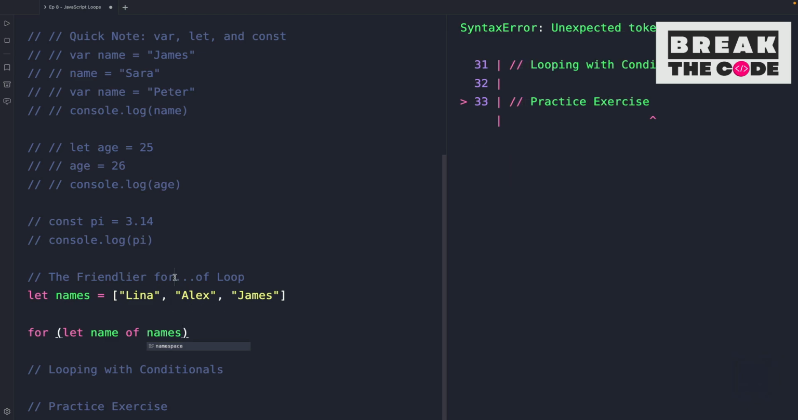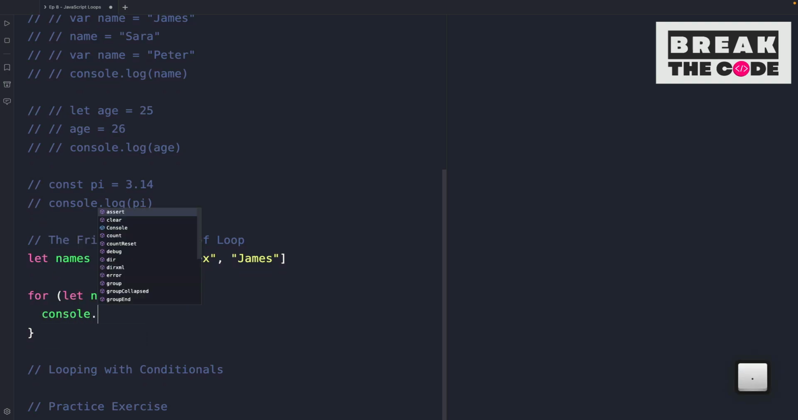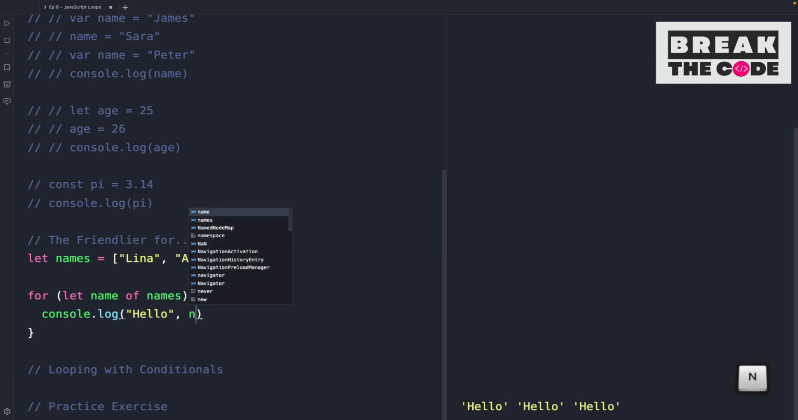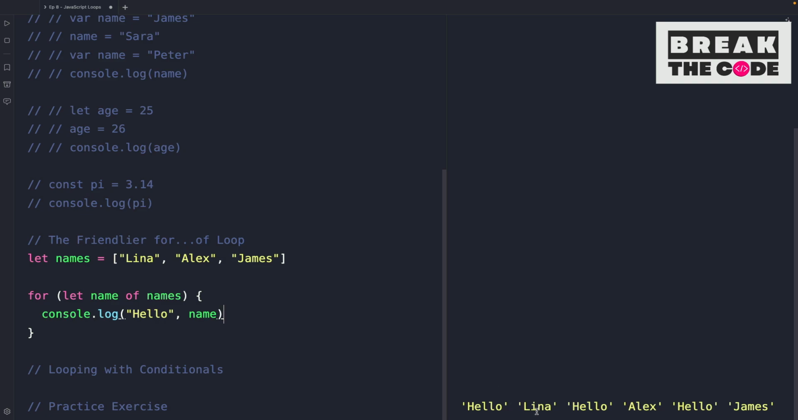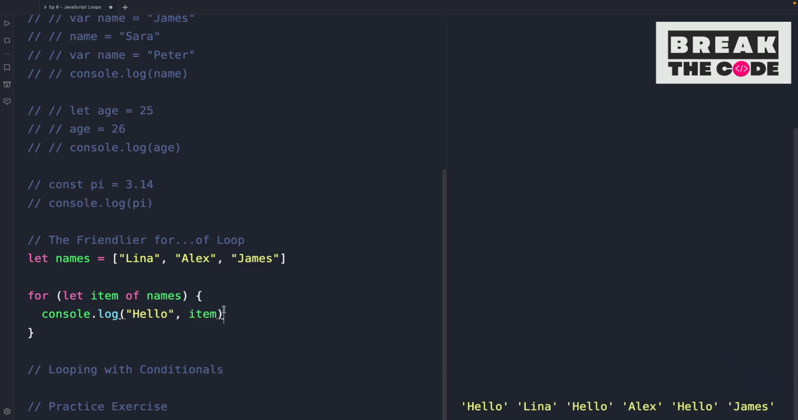This is why it's called the for of loop. This is the for here of loop, and then let's execute the following code between the curly brackets, which in this case we simply want to console log hello and then name. So we see here we have hello Lena, hello Alex, hello James. Here name could be anything. You could say item, but then you have to change this one also, otherwise you get undefined. So you can call this anything you want,